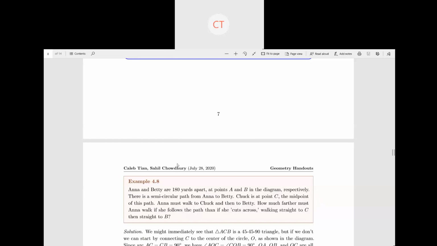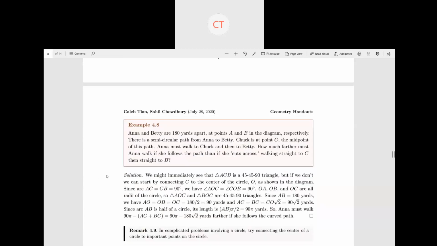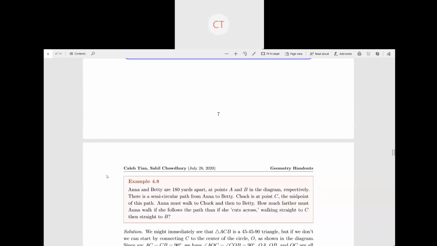Okay, so if O is the center of the polygon, what we can do is cut the polygon into n triangles. If we try connecting the center to each vertex, we basically end up with a bunch of triangles. So let me draw you an example right here. If we draw this polygon here, and here's the center, where we connect the center to each of the vertices,